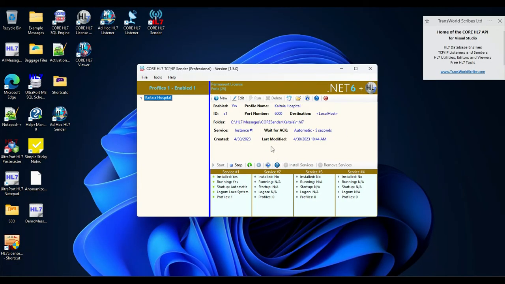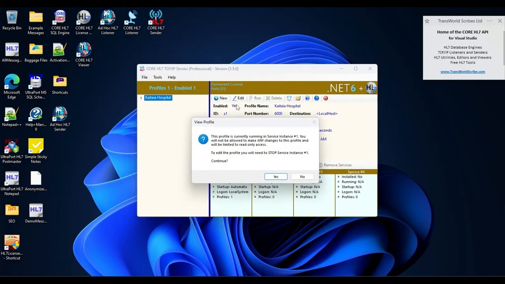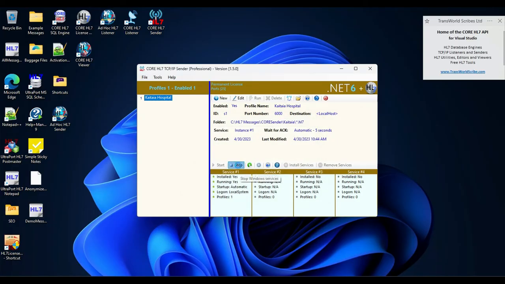To set up to send to a remote listener, we need to enter the IP address as the destination. And to do that, we need to edit the profile. If we try and edit the profile now, it will inform us we can't because the service is currently running. So the first thing we need to do is stop the service. Once the service is stopped, we can edit the